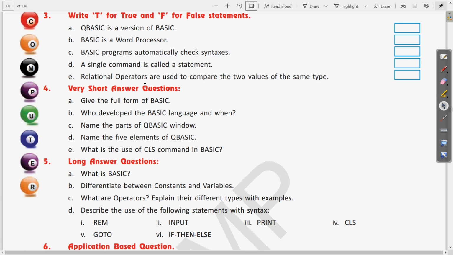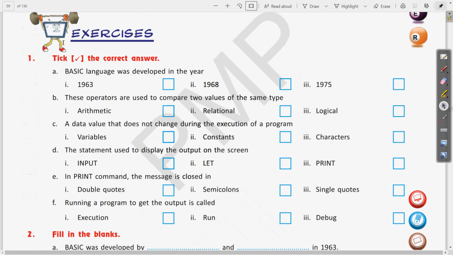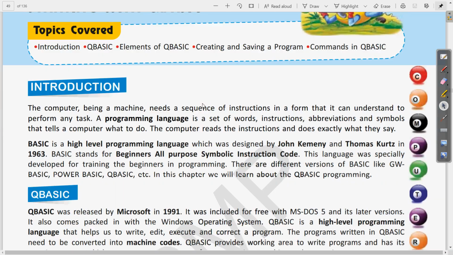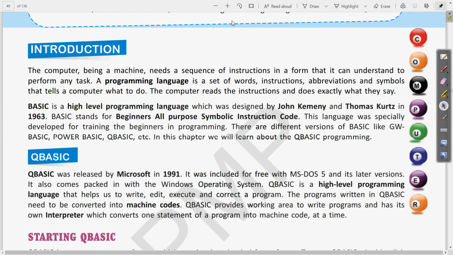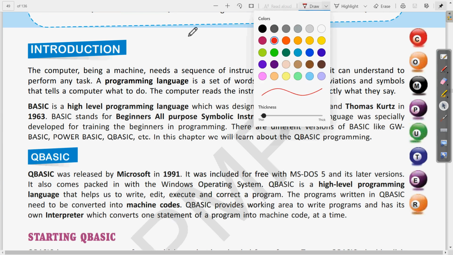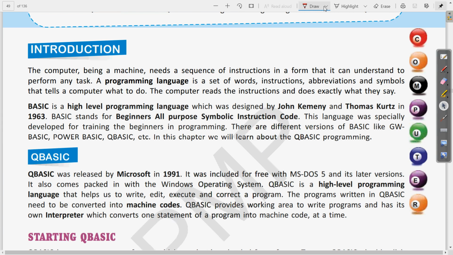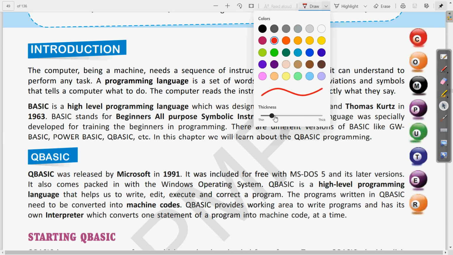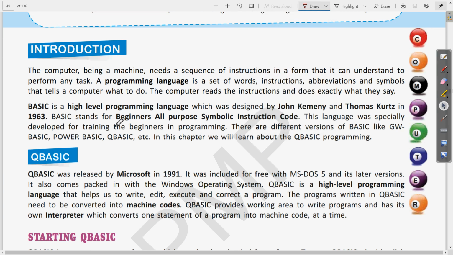Come to the beginning of the chapter on page number 49. Here is the answer: BASIC stands for Beginners All Purpose Symbolic Instruction Code. So this is the answer of question 4 A.